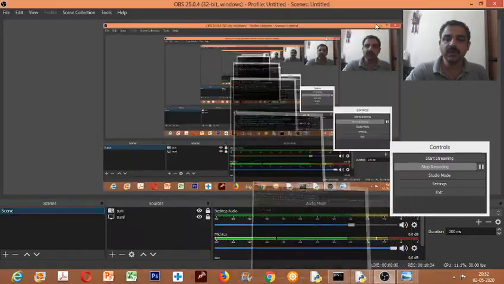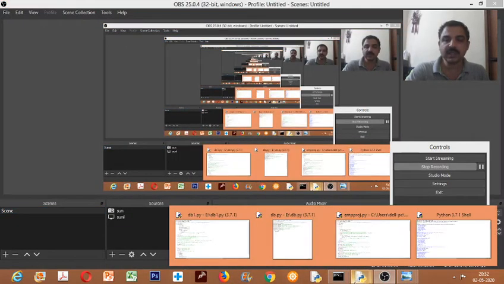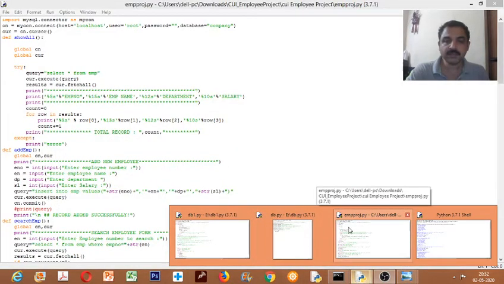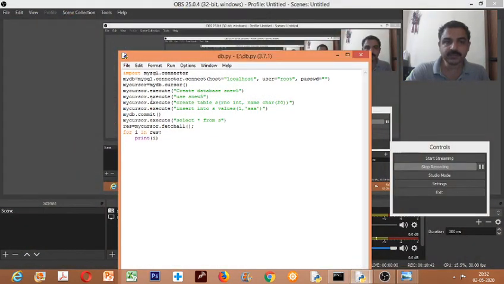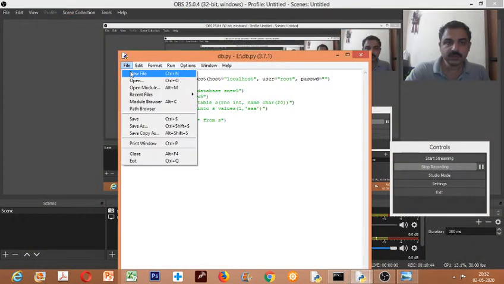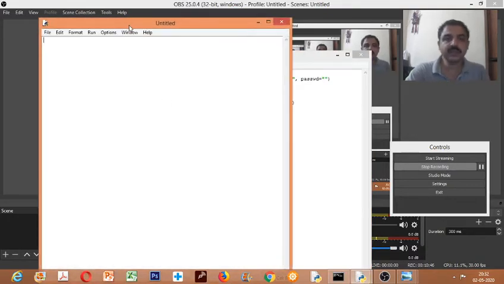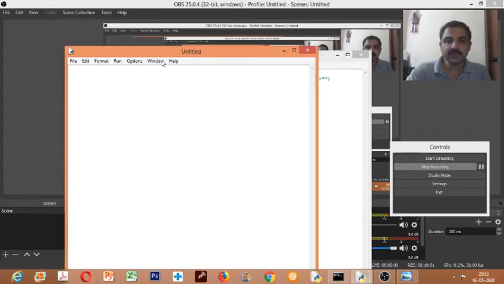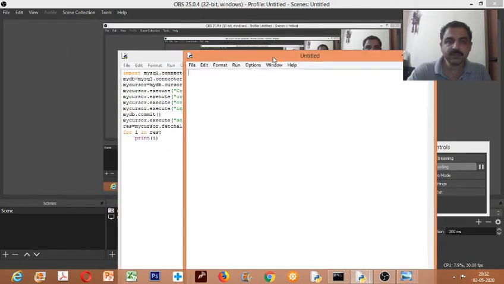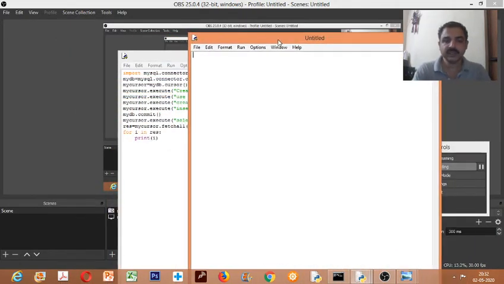Okay, so now let us start with a simple connectivity program. We'll start with a new one. In any MySQL connectivity program you are doing, the first thing you need to write is import mysql.connector.